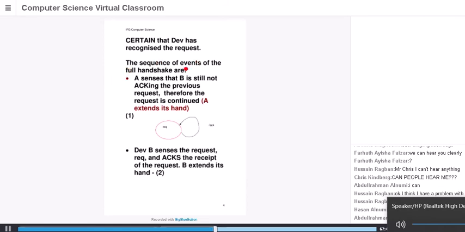Sequence of events of the full handshake, just to repeat myself: the sender A senses that the receiver B still is not acknowledging the previous request, therefore the request is continued. In other words, I extend my hand and keep it up until you do see it. And eventually device B will sense the request and send me an acknowledgement. It acknowledges the receipt of the request, so it's seen my request, and B extends its hand, as it were,